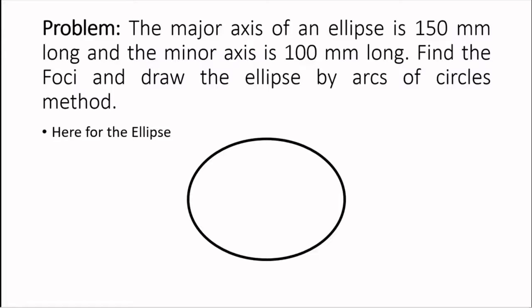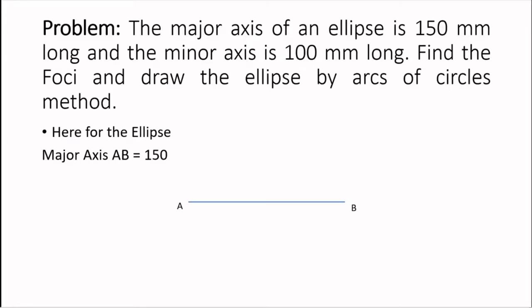Here, for the ellipse, we assume that the major axis is named AB, and we take the distance as 150 mm, which is given. Now AB can be drawn directly and we can find its center, that is point O. About its center, we draw a perpendicular and take its length equal to 100 mm, and we name this CD. So CD is 100 and it represents the minor axis, which is a perpendicular bisector of the major